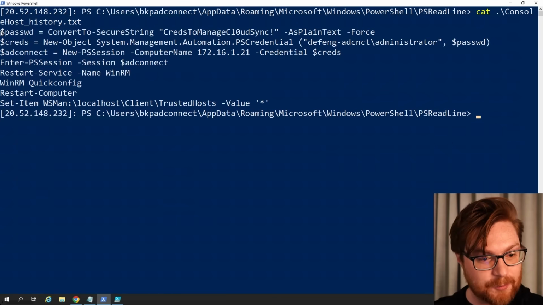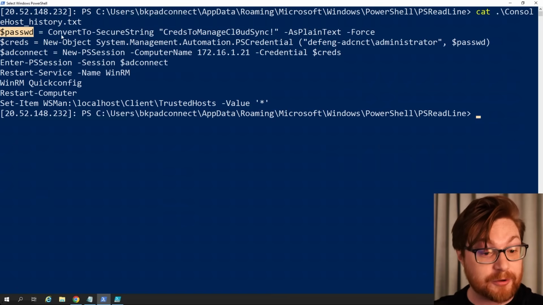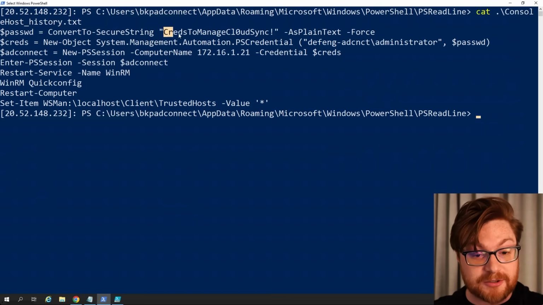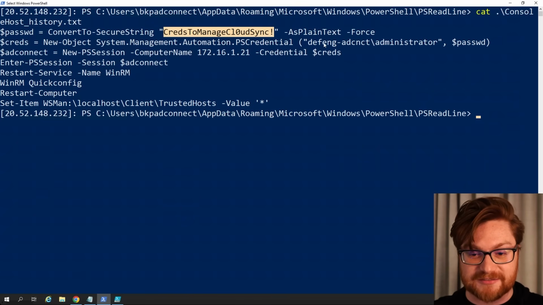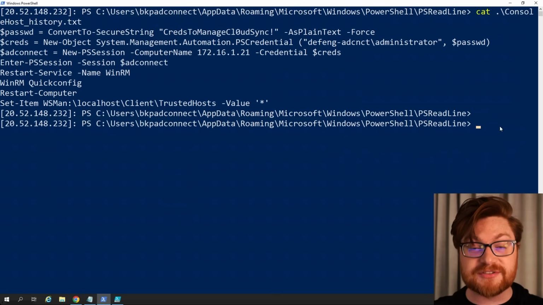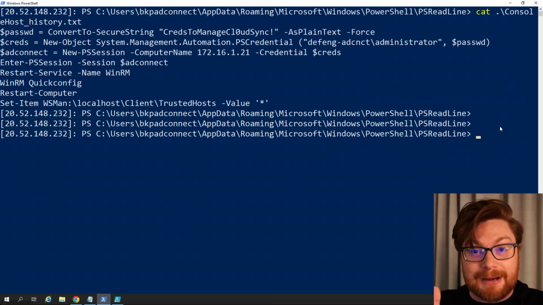And look, we have a password variable defined where we're converting a secure string, just like we did previously, with the password creds to manage cloud sync. And that's pretty cool. Looks like that's for maybe an engineering administrator, so a worthwhile find there. Other internal IP addresses, and a lot of good stuff. And look, all of this came from just breaking a web app, compromising with some remote code execution for an Azure website that has a managed identity behind it,